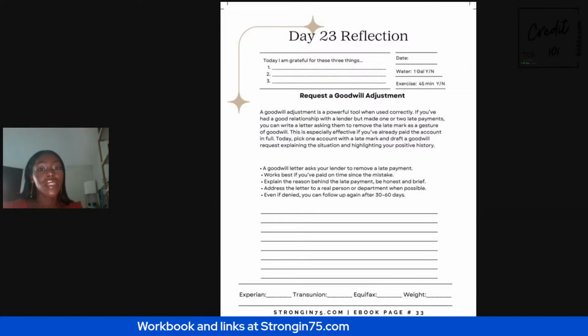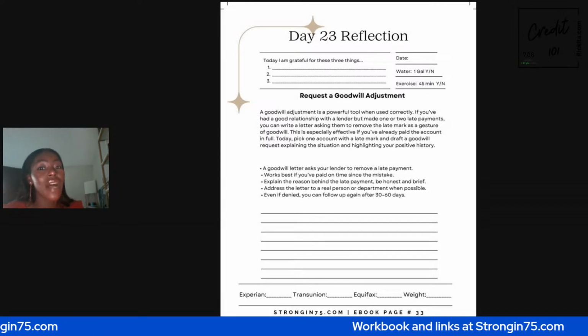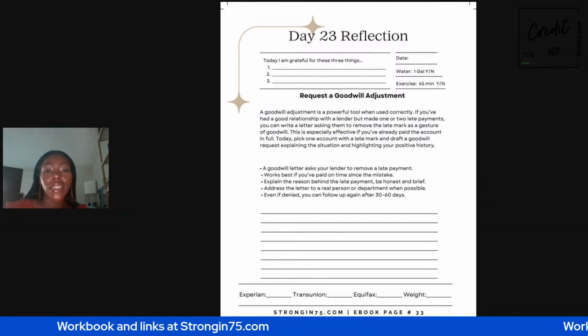So definitely check that out, and you'll be able to know what address to send your letter to, and also your disputes going forward, because round 2 we have to send it out to an address. I like to use the addresses that are right there, and again, you could always call the company and ask them what address they want you to send it to, because it may be a different address. So even if you're denied, you can send a follow-up again after 30 to 60 days, and maybe somebody else is going to get the letter. Maybe you can call to see if there's another place to send it.